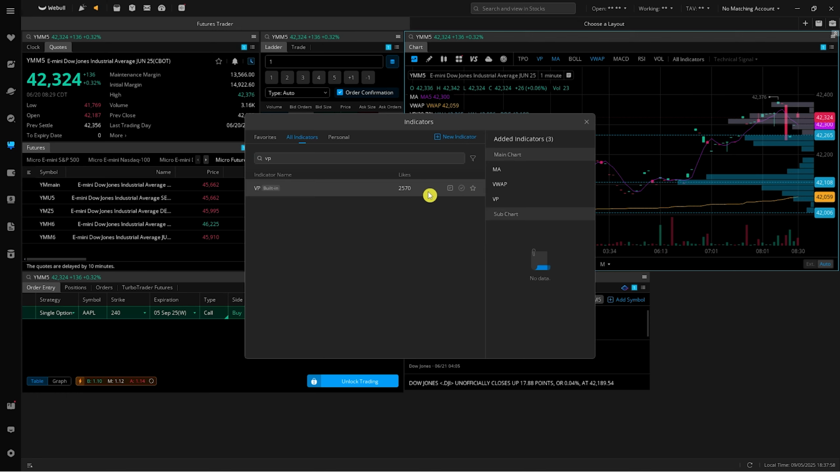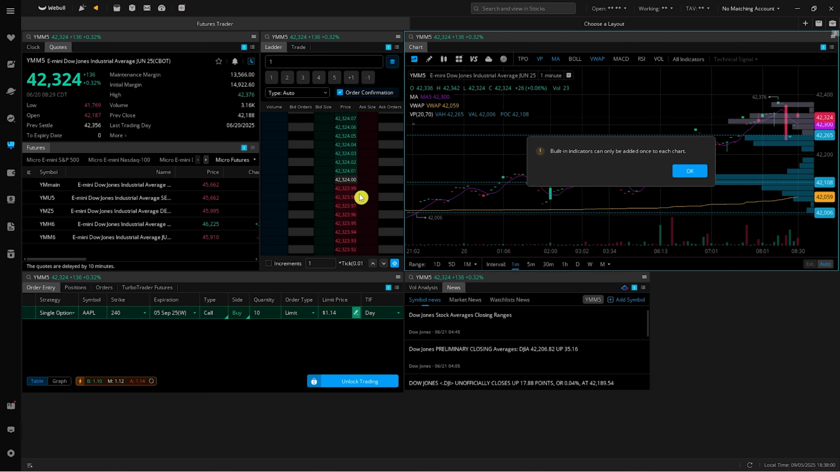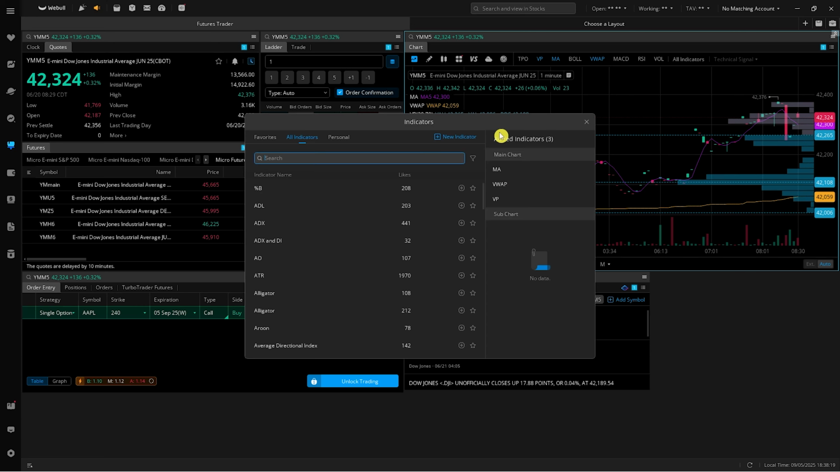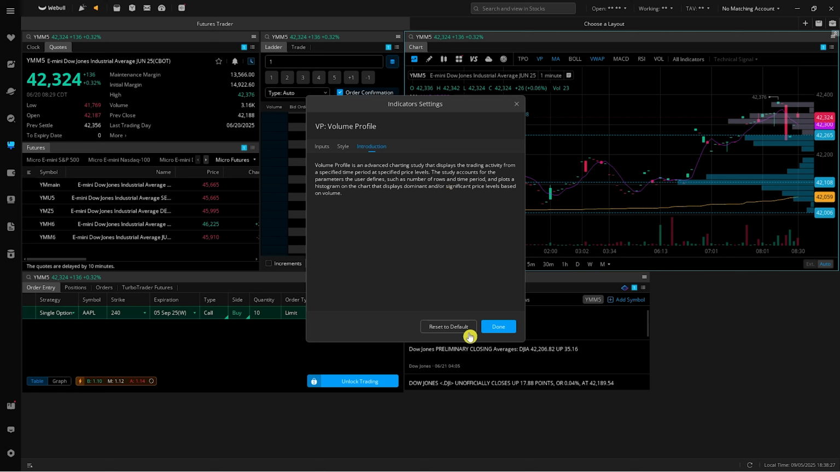And basically you could also edit this if you would want to. So as you can see right here, built-in indicators can only be added once in each chart. Now, if you would want to edit the VP on how it looks like, you'd want to change the colors in the volume high and low, then what you could do is go back in here into all indicators, and then from here you could go into VP again, and basically you can now click here into introduction and then